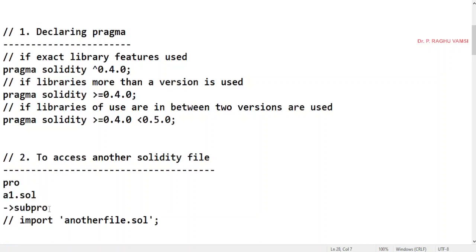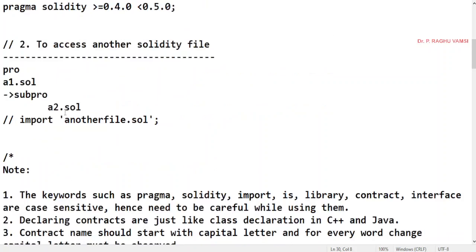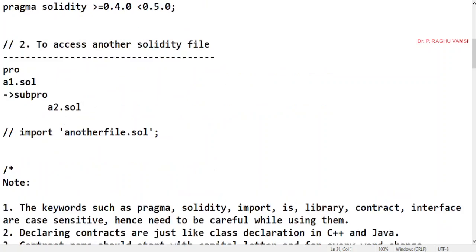Then, if you want to use it from some a2.sol, you may write the import statement like this: import, within single quotes, dot slash pro slash subpro slash a1.sol. This is the way you are supposed to include the program file.